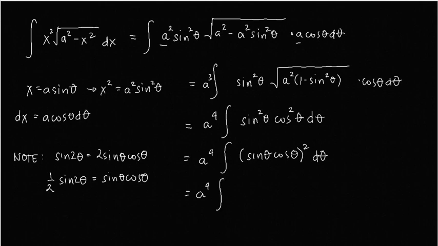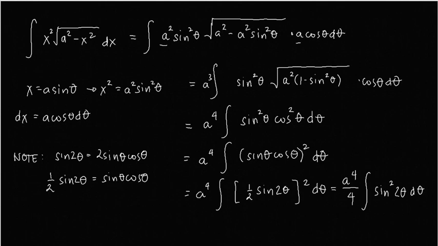So we can say that this is a raised to 4 times the quantity 1/2 sine of 2 theta squared d theta. Then we can simplify it further. That 1/2 squared is 1/4. So we have here a raised to 4 over 4 integral of sine squared of 2 theta